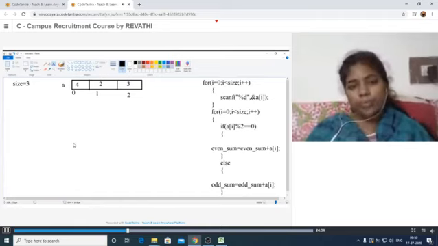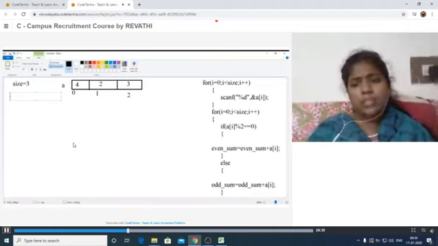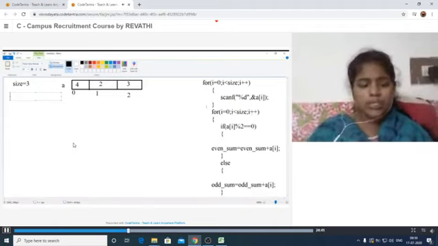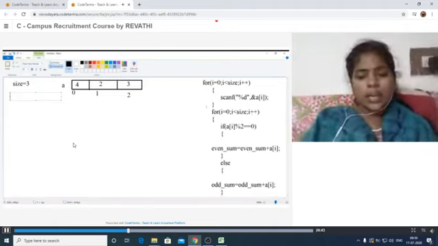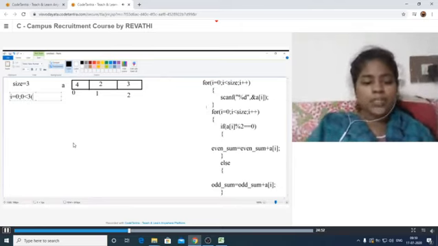Okay. Next, check the condition here. For i is equal to 0, i less than size and i plus plus. Next, i is equal to 0, i less than size. That means 0 less than size, which is 3. The condition is true here.